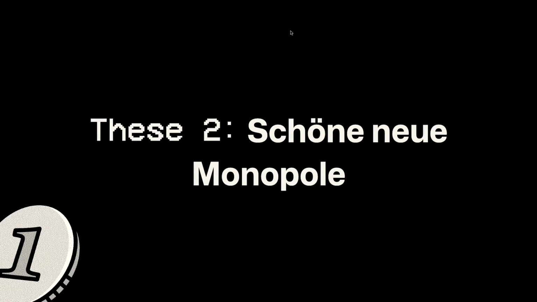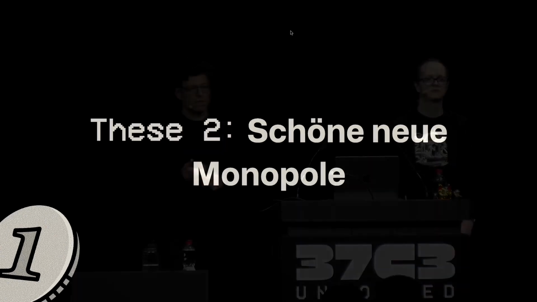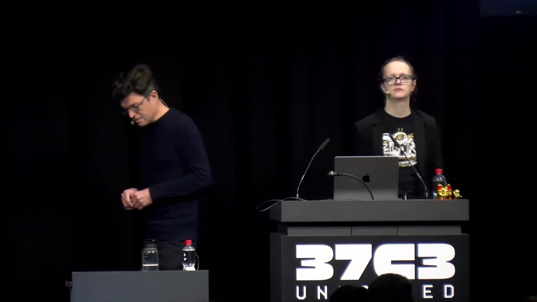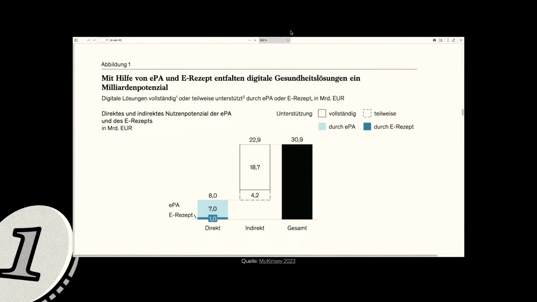So coming to hypothesis number 2, we already approached that with artificial intelligence. A lot of companies are interested in this, and Karl Lauterbach has a big fable for AI itself. And here we have a study from 2022 where McKinsey looked at the usage potential and the savings potential with the electronic health register the health prescription has. The first pillar on this graph is the potential that we look at if we directly have savings, about 7 million,